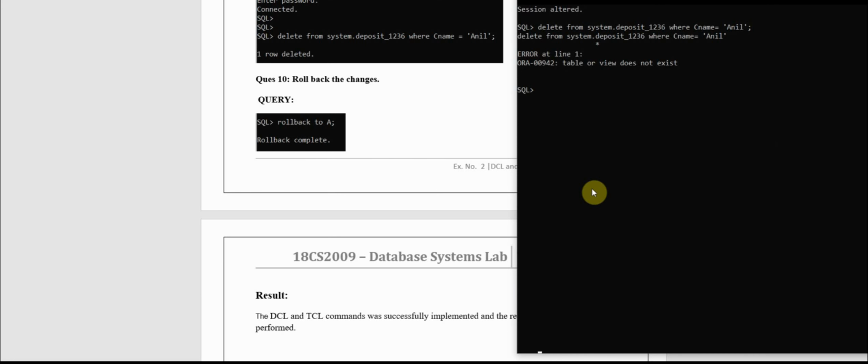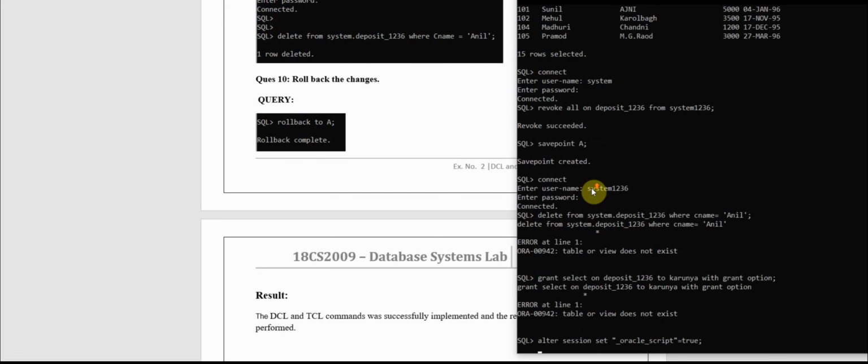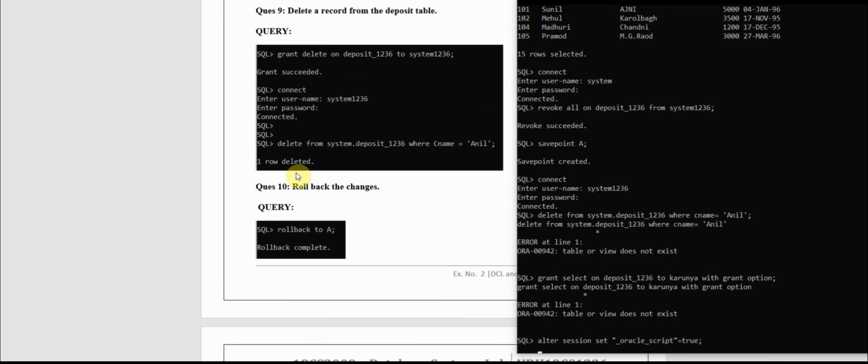So let me keep here rollback to A. Which user have I connected to? System. Okay, this should be system.1236.